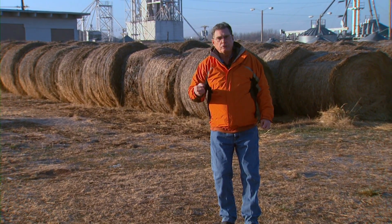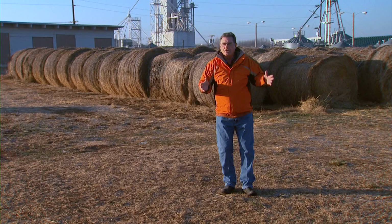We hope that works for you so that you save as many calves as possible this year, so we've got them to sell in order to make ends meet